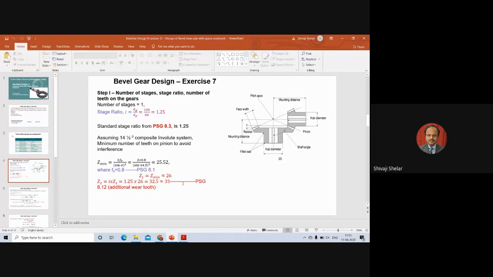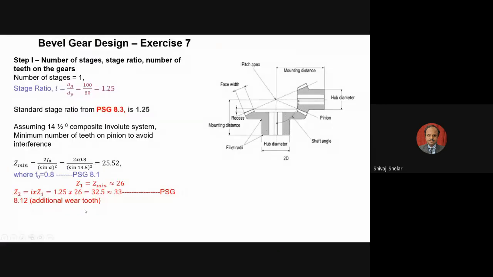Now I have put this here in red. Why are we not going to select it? You can do the calculation, but we are not going to select this in the design, because once I select these values of Z1 here 26 and Z2 here 33, I already have the diameter. Then you can do the calculation of module directly. Suppose you select 26 teeth here by this calculation, and you have diameter equal to 80 mm. So 80 divided by 26 is directly the module.